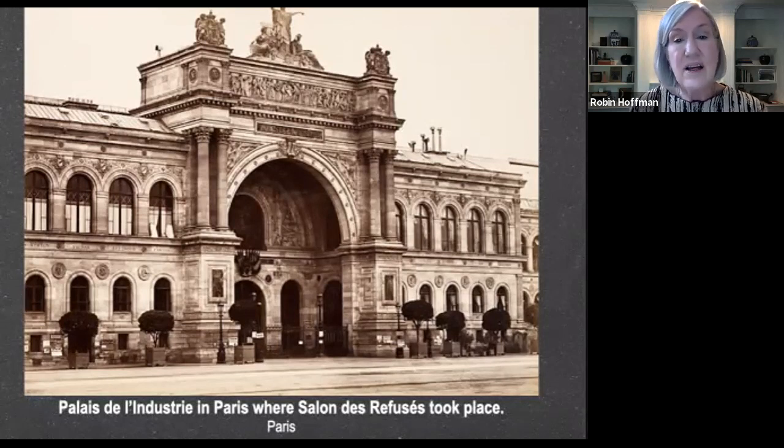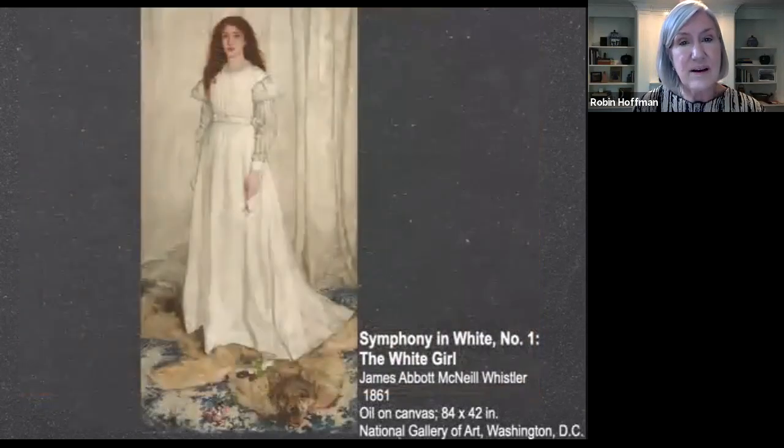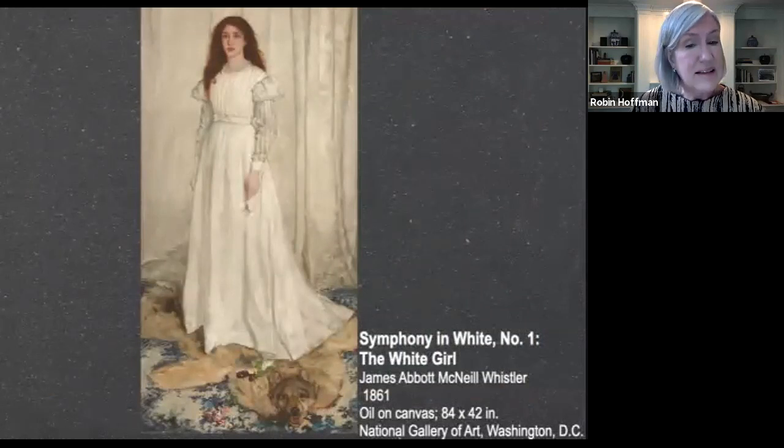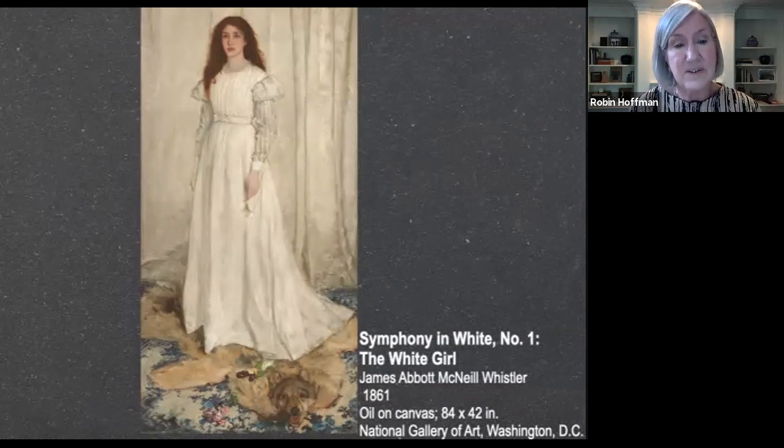So the Salon des Refusés opened on May 17, 1863, and it really marks the birth of the avant-garde in art. So more than 1,000 visitors a day visited the Salon des Refusés, and critics and the public ridiculed the works, which included such now famous paintings as this one by Whistler. But instead of becoming derided outcasts, the Refusés ultimately achieved long-lasting fame, and history remembers the group as avant-garde pioneers.